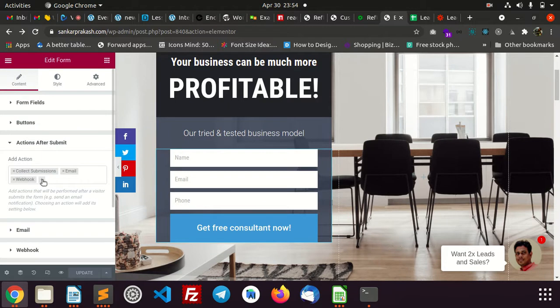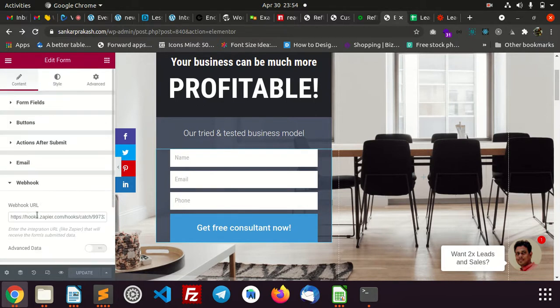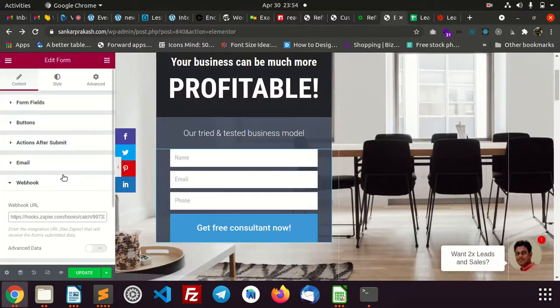If you want, you can click the plus icon and type webhook, and it will be available. So I will paste my URL which I captured from this Zapier interface. Okay, so the form after submit webhook is updated.